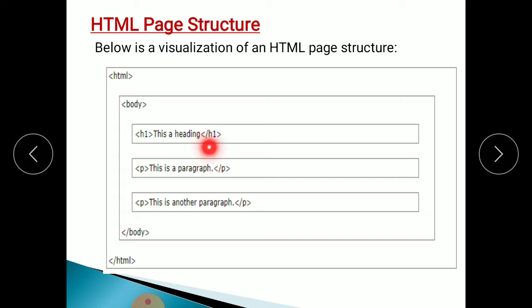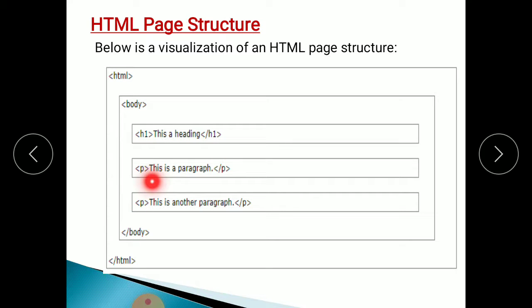This is the closing of this h1 heading. Use the angle brackets with a forward slash, give forward slash and h1, which means closing of this tag. This is called an opening tag and this is called a closing tag. In HTML language, a pair of tags comes: one is the opening tag and one is the closing tag.